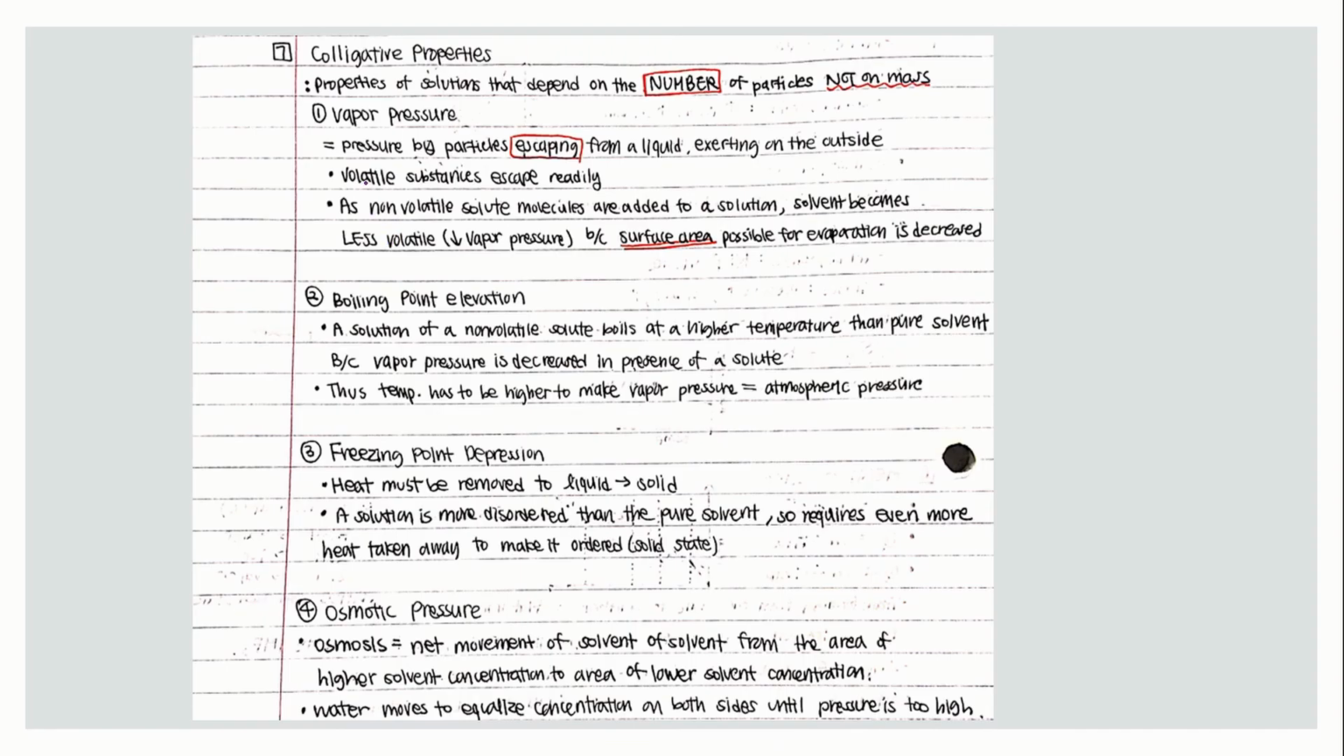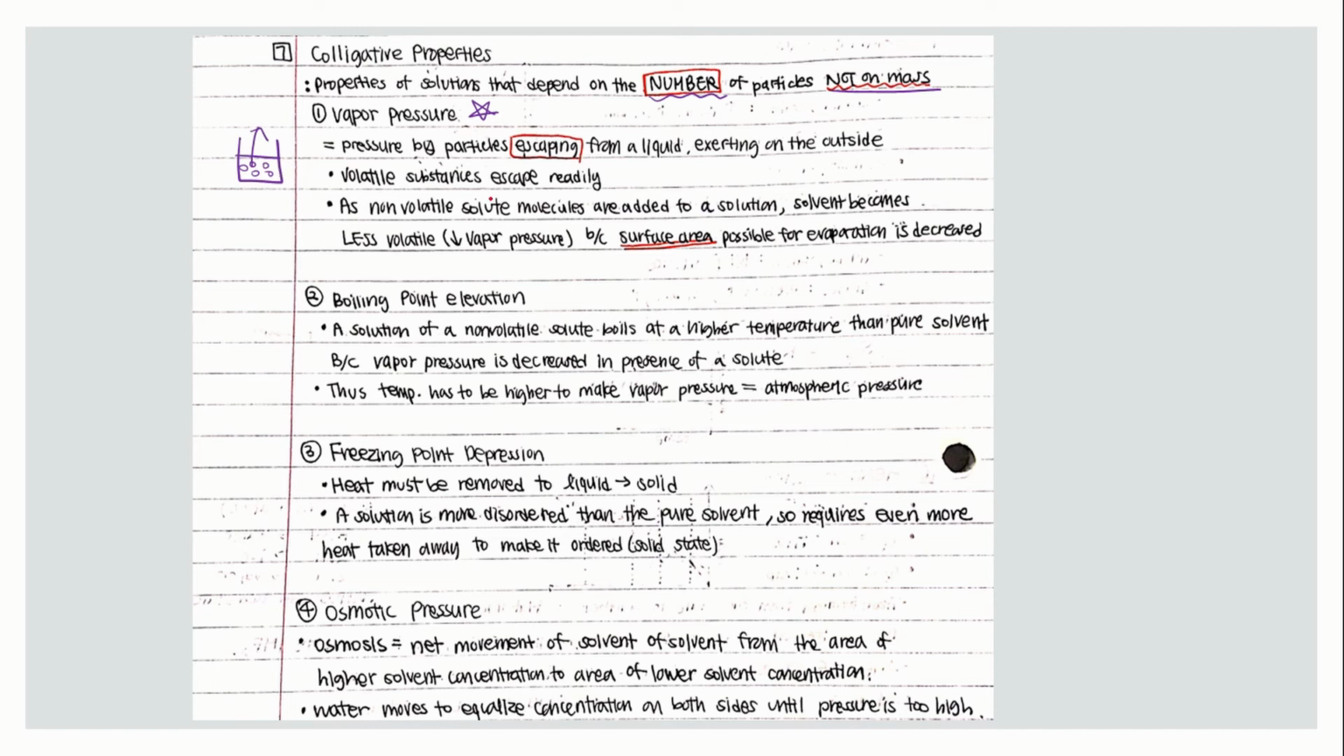The last topic for today is the colligative properties, and they are the properties of a solution that depend on the number of particles, not on the mass. So mass will not affect the colligative properties, but only the number of particles. First is the vapor pressure, which is very important. It is the pressure by particles escaping from a liquid. So you have a solution, and then it is the pressure by these liquid molecules escaping from the liquid and